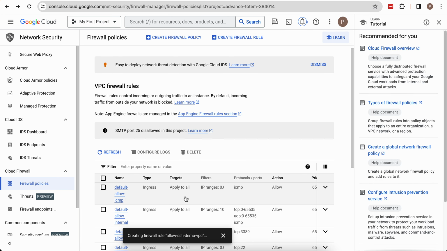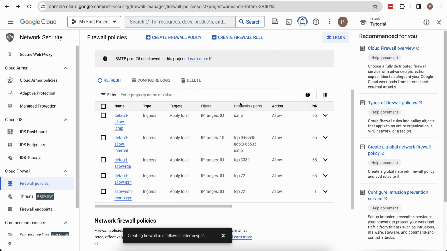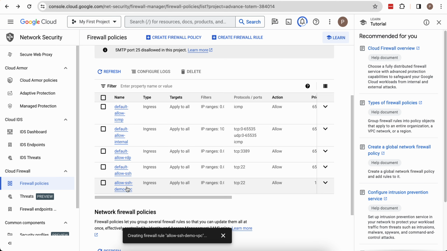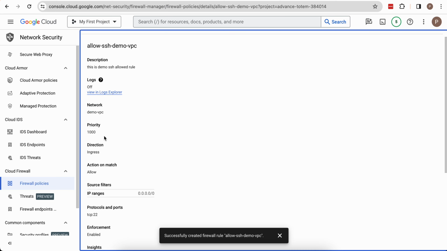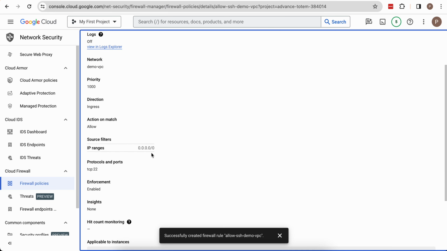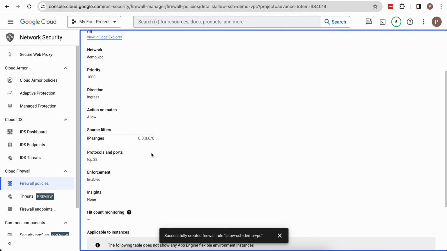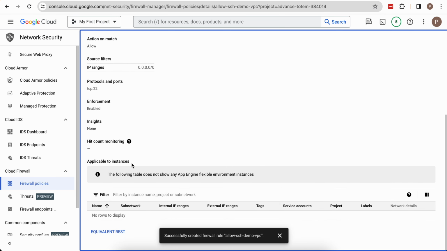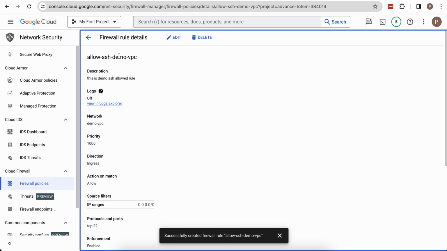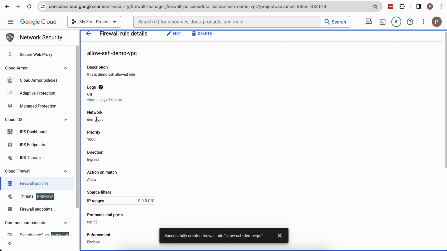So this rule has been created, and you can see this is the allow rule. Click on it for the IP range. So this is my demo VPC allow rule, with logs off and priority 1000. Ingress allowed, the filter is not everyone, allowed for everyone, 0.0.0.0/0. Protocol is 22, and enforcement is enabled. So this rule has been enabled, and you can see the network which will access my